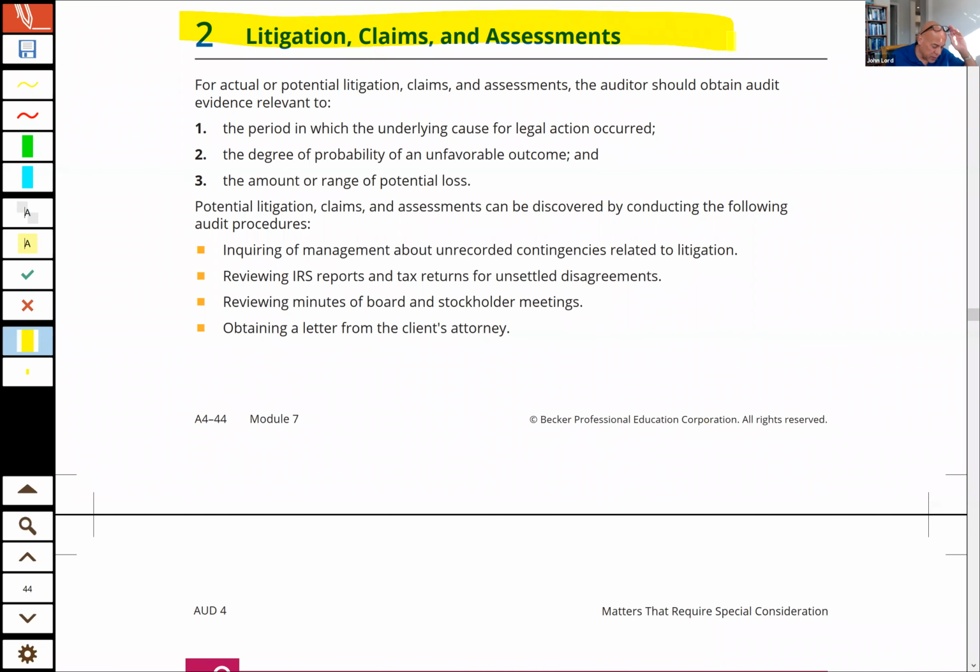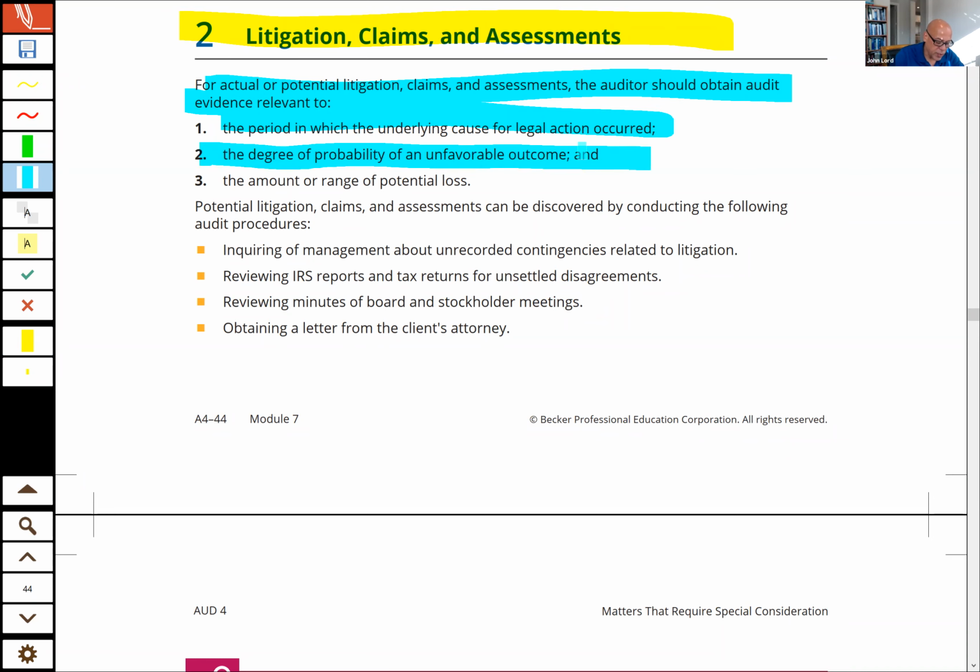Okay. So let's just take a look. If there is evidence, we want to provide evidence to see what, well, I jumped a little bit here. What the audit objectives were: were there underlying causes for legal action, the degree of probability of an unfavorable outcome, and the amount or range of potential loss. Now, when you read that, that sounds pretty familiar because that's almost coming out of the accounting standards,